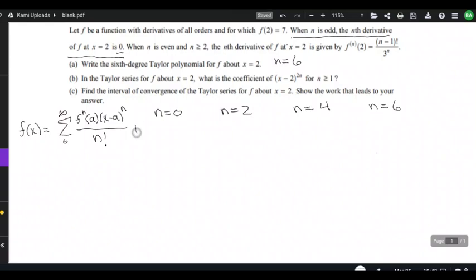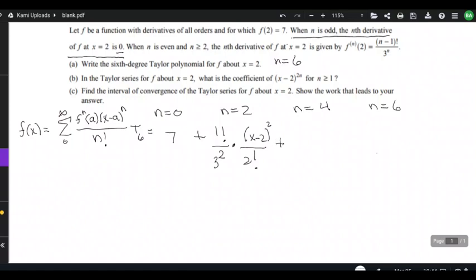That means our sixth degree polynomial is going to look like 7, because the original function at 2 is 7, plus, for n equals 2, plugging that into our nth derivative function, 1 factorial over 3 to the second power times (x minus 2) to the second power over 2 factorial,